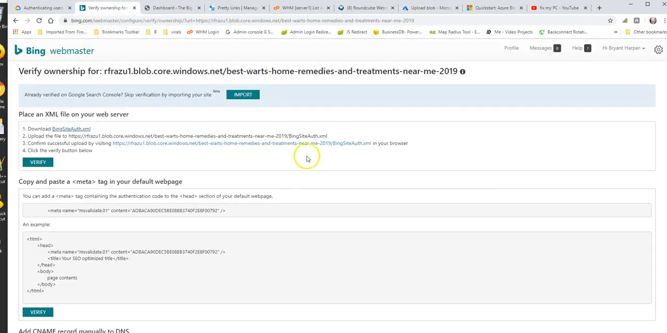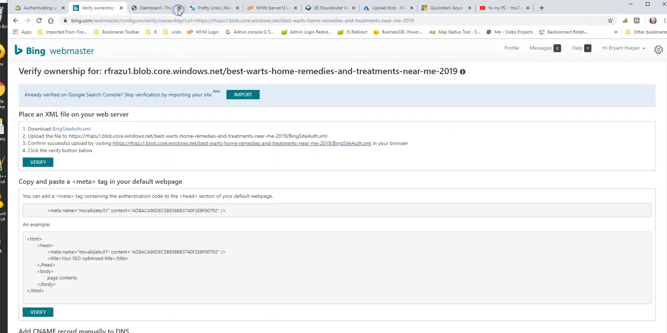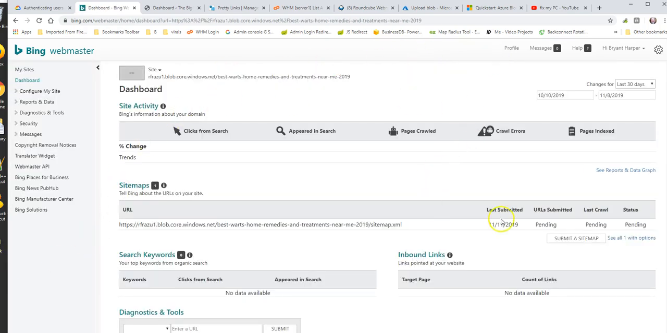So now we'll come back over here, we'll verify that it's there like they ask us to, and there it is. And now we're going to verify the ownership of this particular container, so that Bing will, in fact, crawl that sitemap and schedule it for indexing. So to wrap up, I guess we're not going to wait for that to happen. Oh, there we go. Good. So it's